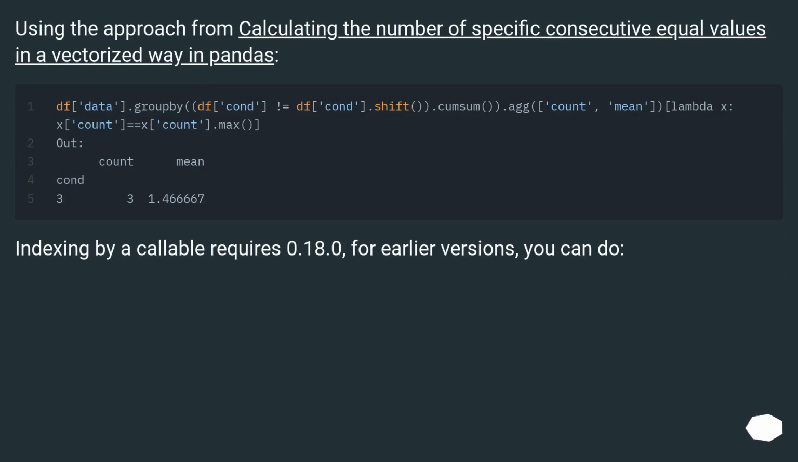Using the approach from "calculating the number of specific consecutive equal values in a vectorized way in pandas". Indexing by a callable requires 0.18.0. For earlier versions, you can do